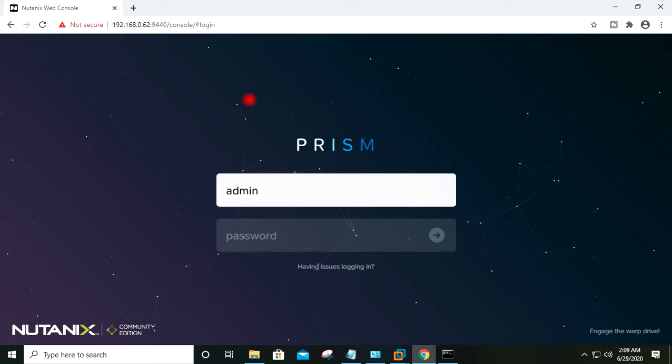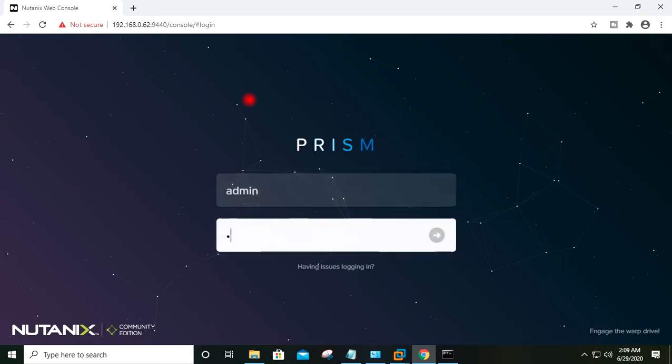Login screen has come. I will give the default credentials admin and password Nutanix/4u. Enter.